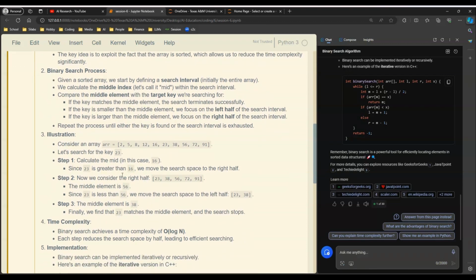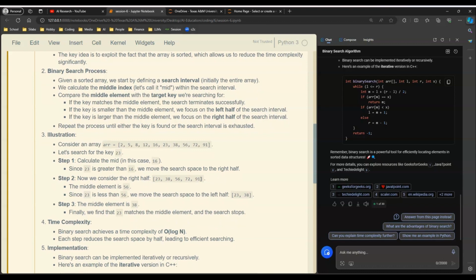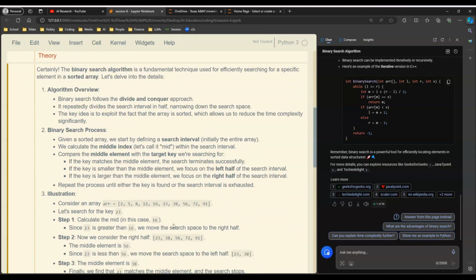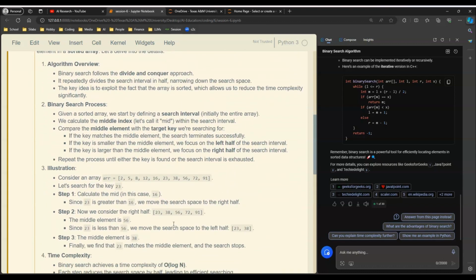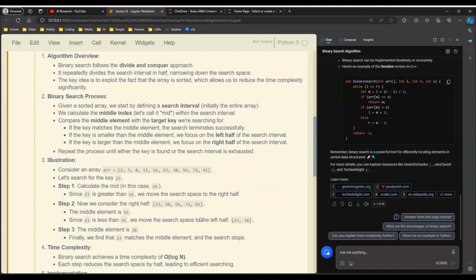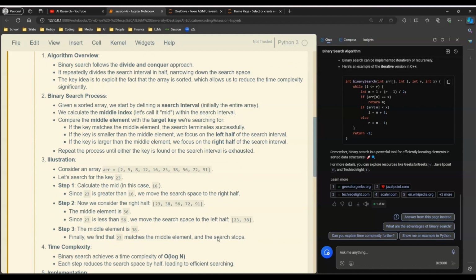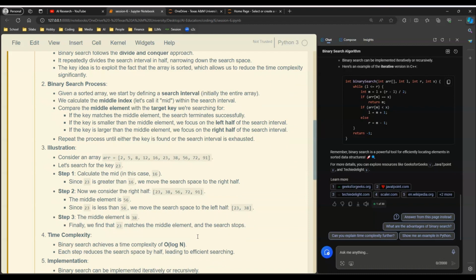So consider this array. Let's search for 23. Calculate the mid. Above, it says you calculate the middle index by counting all the elements divided by 2. They get the middle index, in this case 16. So 23 is greater than 16, so we only look in the right half. And now we look at 23, 38, and